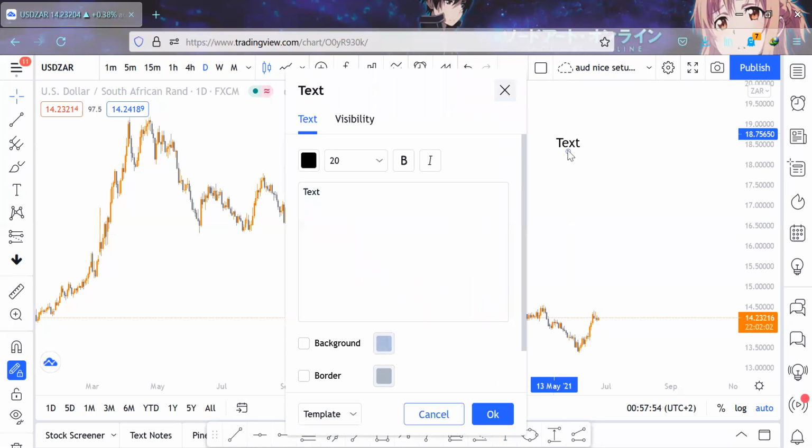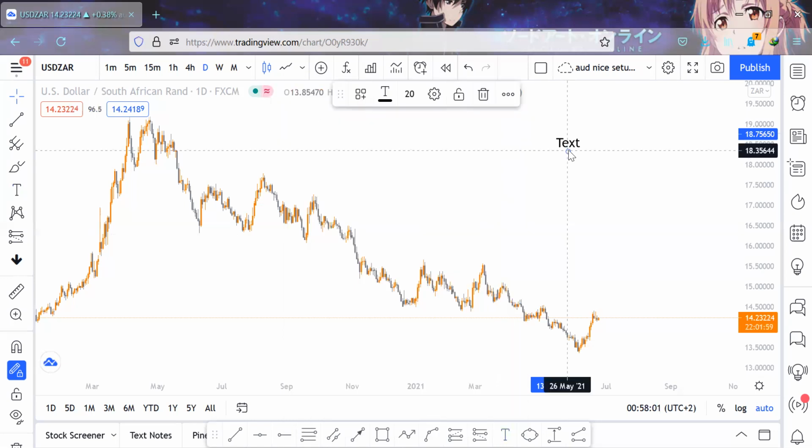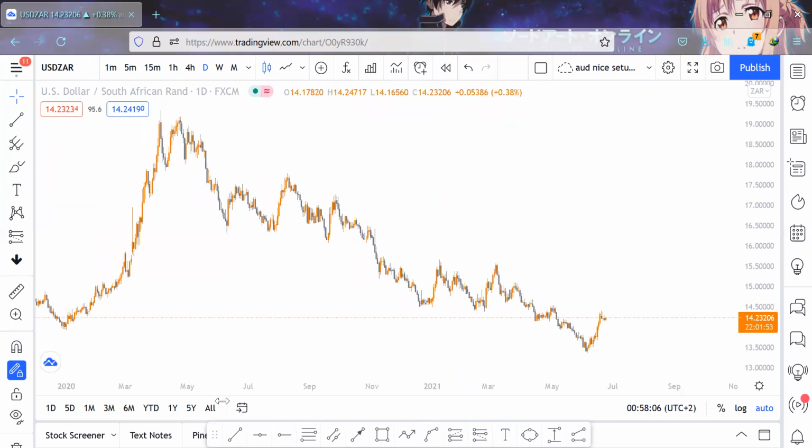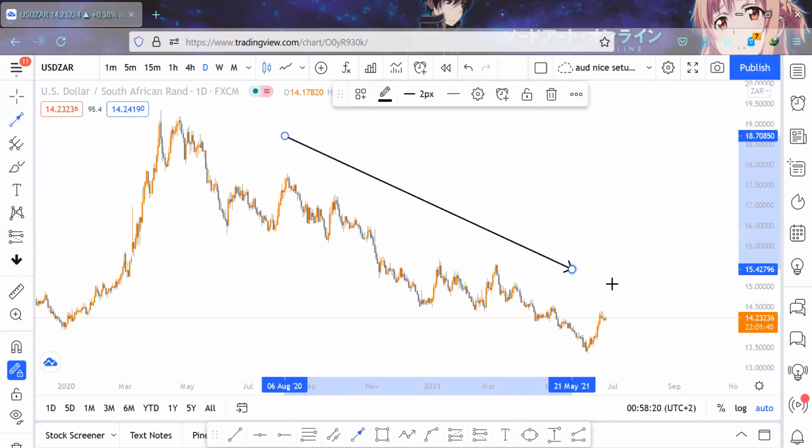Let me remove this. Okay. So now just by looking at this chart, we can clearly see that this market is going to the downside. So this means that our directional bias is to the downside, right? Now, how can we see this? We can see this by identifying structure that the market has made in order to say that I am in